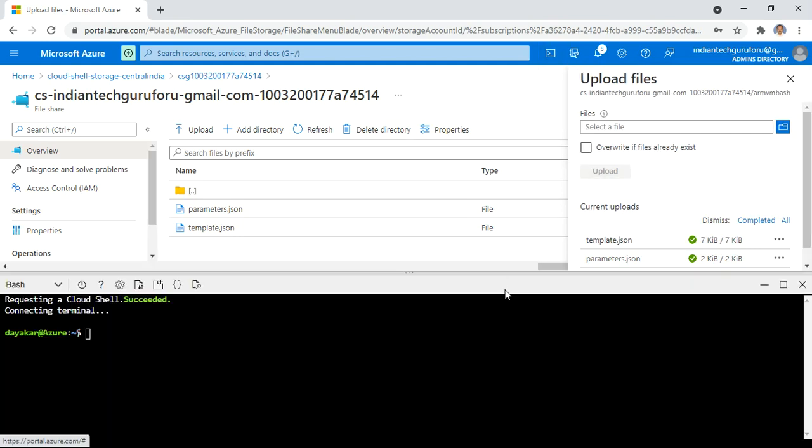Now just click on the Cloud Shell, and before deploying our virtual machine, I want to create a new resource group. We know how to create a new resource group.